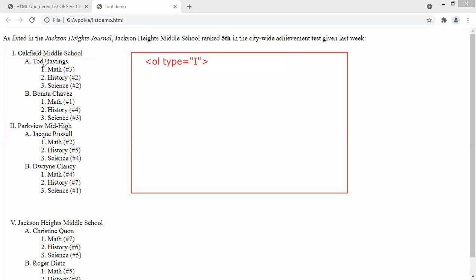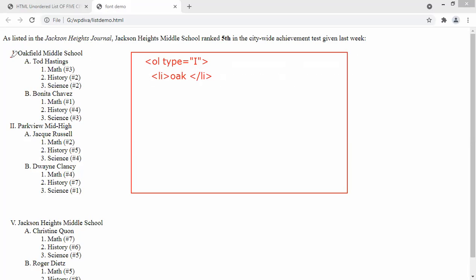In that ordered list, in this first Roman item, one more option is there, that is A. But where do you write this Oakfield? Oakfield is one of the list items. So where do you have to write this list item? You have to write it after opening this OL tag, using LI. I will just write oak in small and then close that LI. It means that item is added. So which item is added?